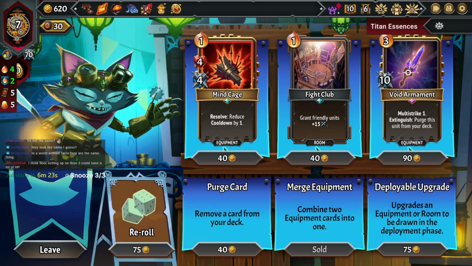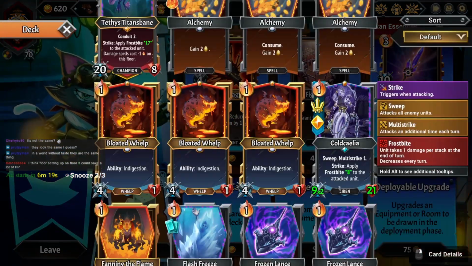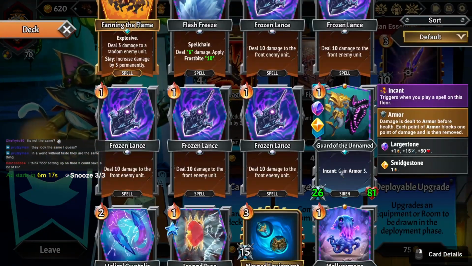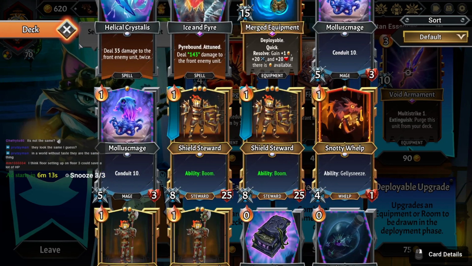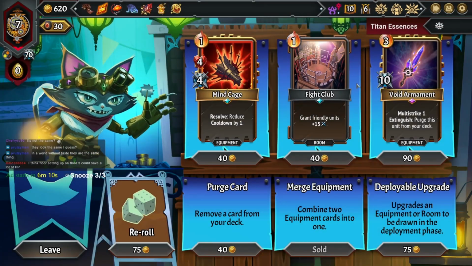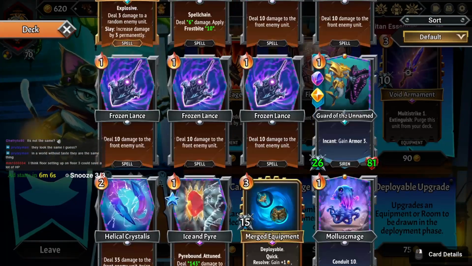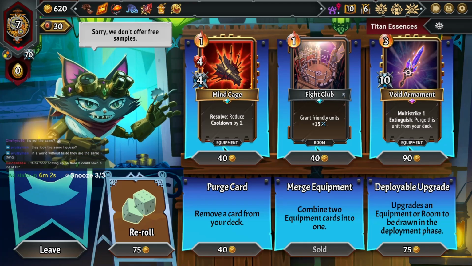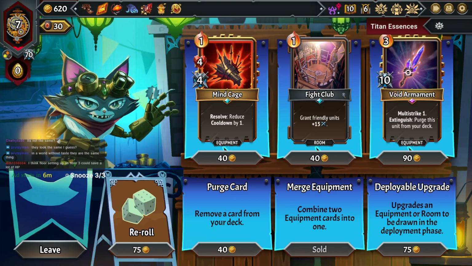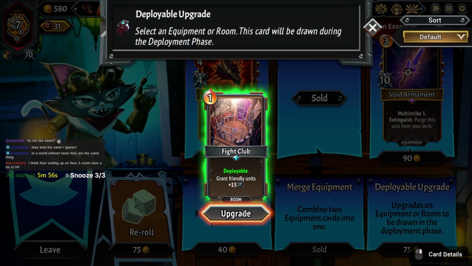Could also do Fight Club. We have 6 Ember, right? And deployment. So we have 1, 2, 5. So I could take a Fight Club for 1. That would help her out a little bit too. I mean, 7 health, so any little bit of damage right now would be meaningful. I think I'm gonna grab it. I'm not thrilled by it, but